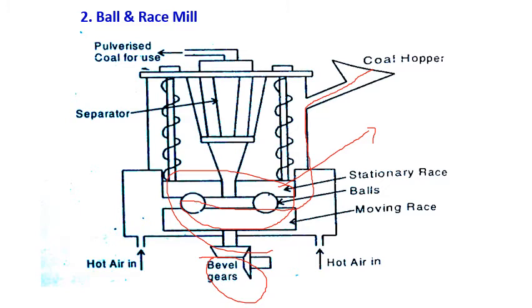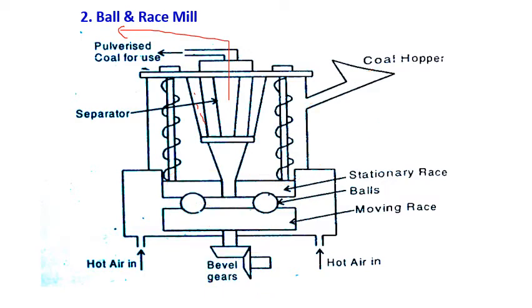The crushed coal is taken to the rotating classifier. It works as a centrifugal action. Here in the classifier you can see the larger particles will fall at the periphery and the fine particles, which are of required size, will move to the pulverizer. Otherwise, they are taken once again for the same action. So it will run more effectively.